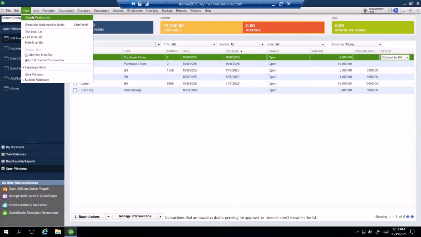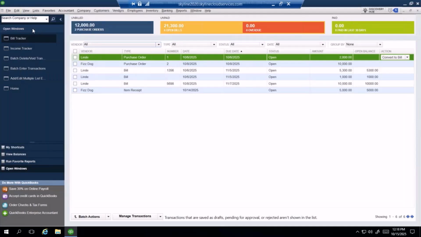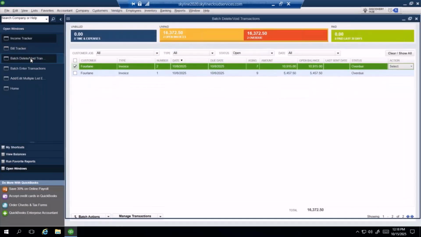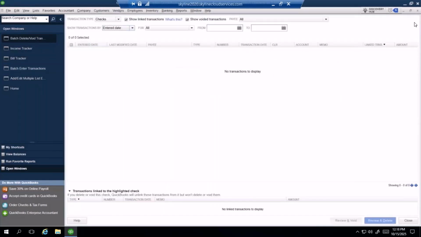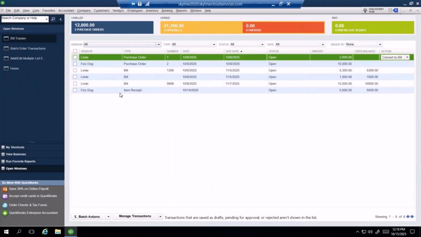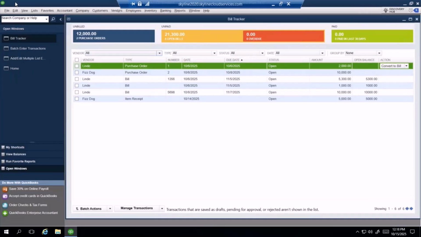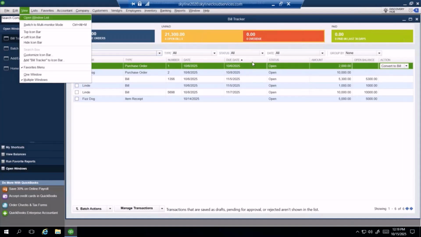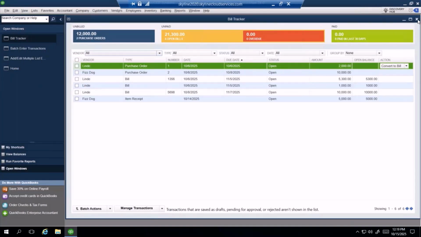Up top here, we've got this view option. You'll notice right now I have open window list chosen. What this does is it allows me to see any windows I currently have open between my QuickBooks areas, and I can toggle between them. So I can move freely between any of these, and any that I don't want open, I can work to close out. This is always extremely helpful so that you don't necessarily have to minimize a window to see what